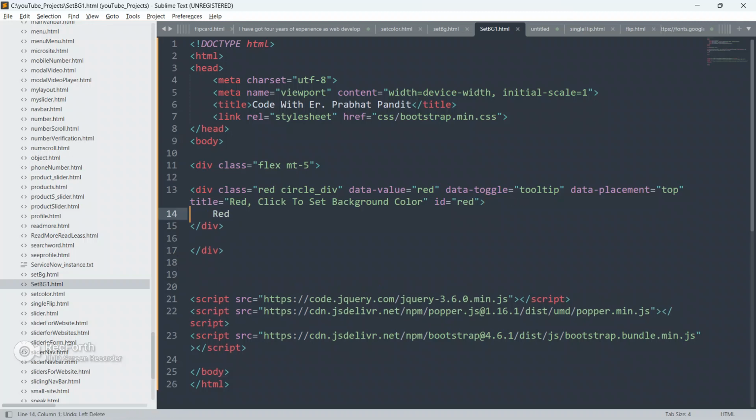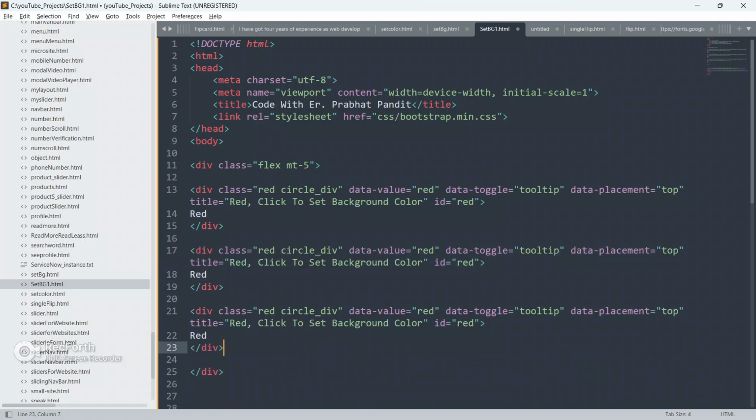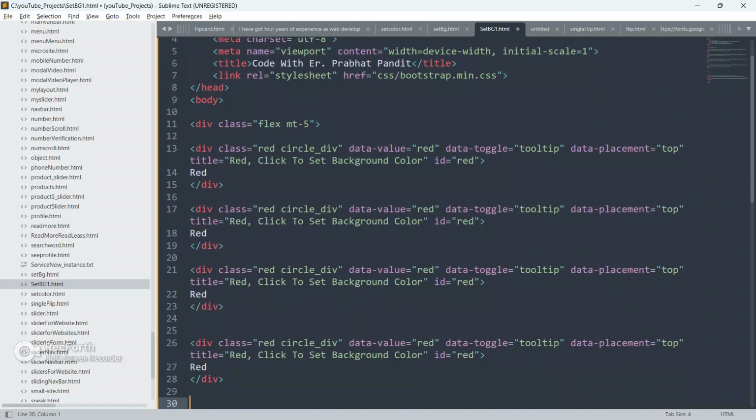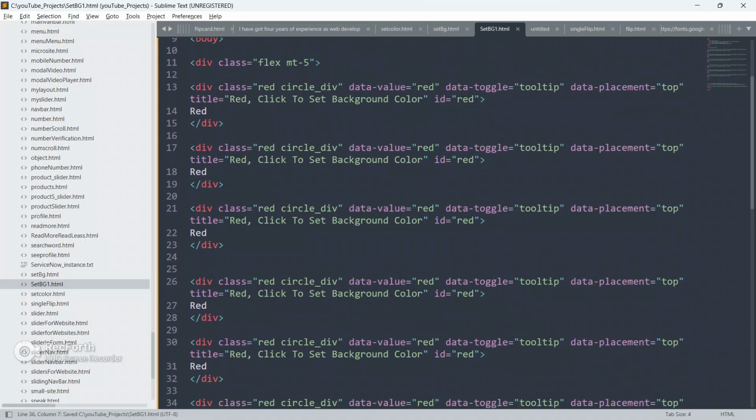So copy this div and paste it 5-6 times, according to your need. Later we will change the text and the information. This will save time also.